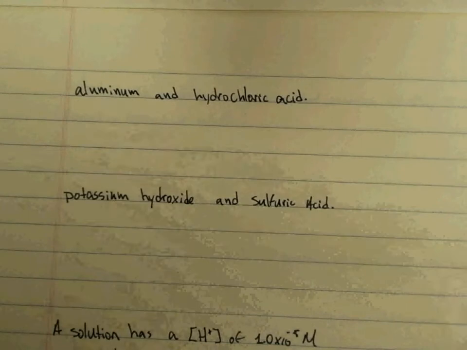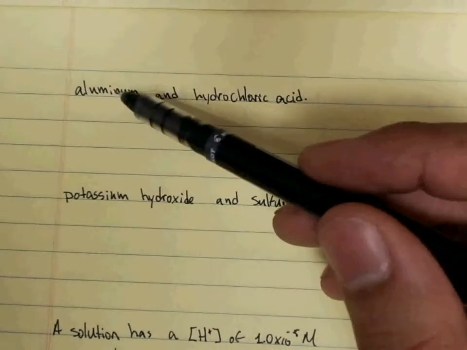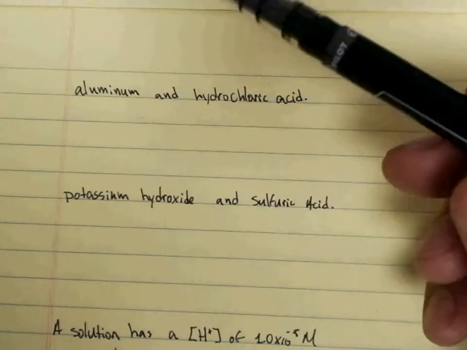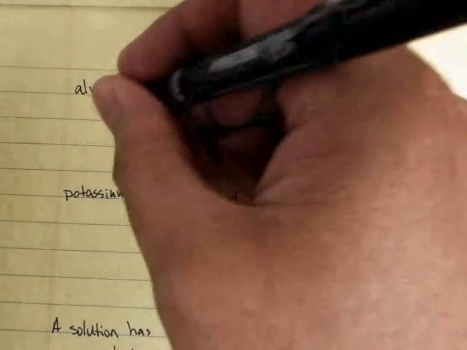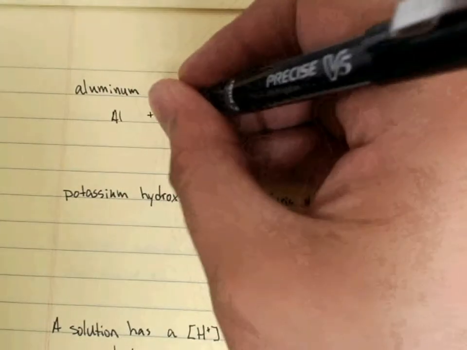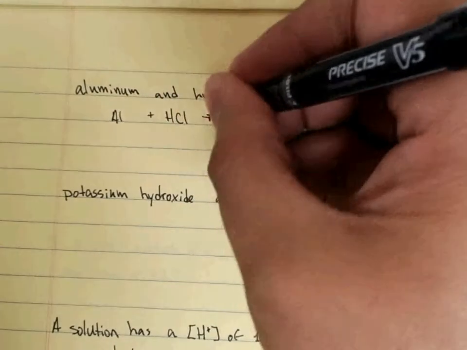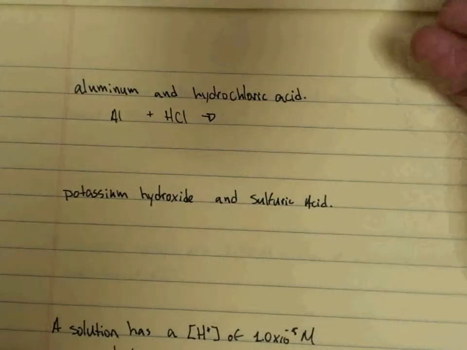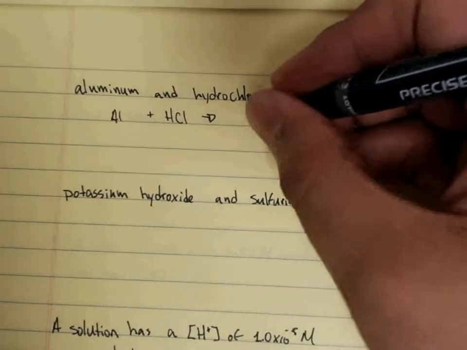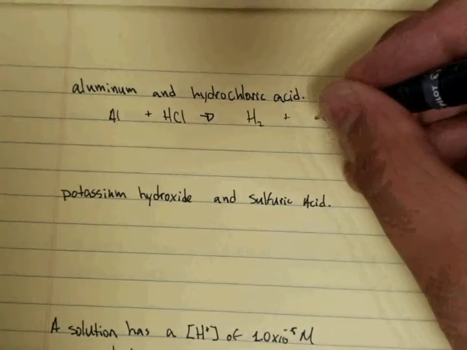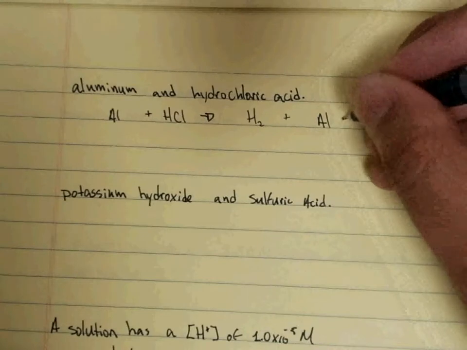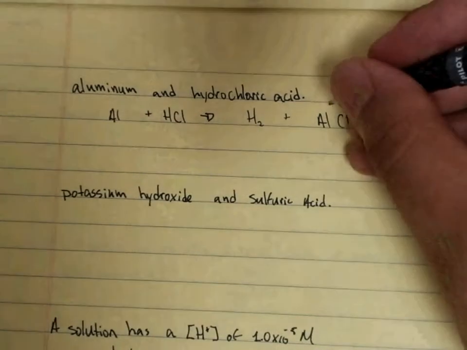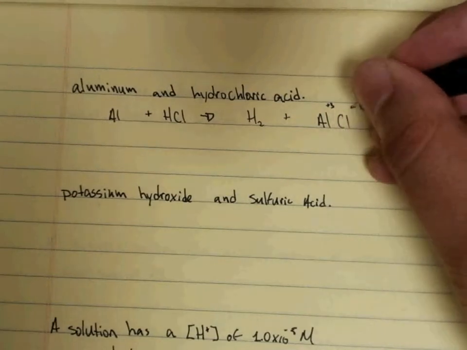Alright, for video 4 we have to create a balanced chemical equation. So we have aluminum and hydrochloric acid, so I'm going to write aluminum and hydrochloric acid. And I know that hydrochloric acid and aluminum undergo a simple substitution reaction, so I'm going to have hydrogen gas and aluminum chloride. Now, I know that aluminum has a positive 3 charge and chlorine has a negative 1 charge,